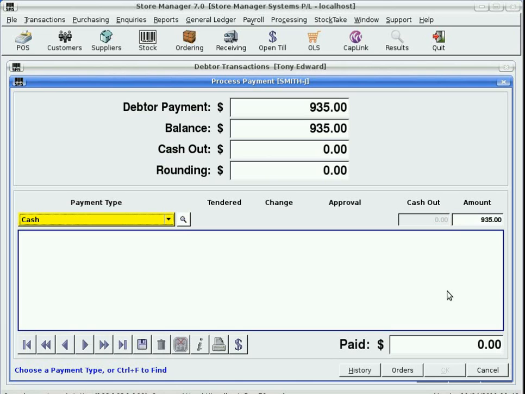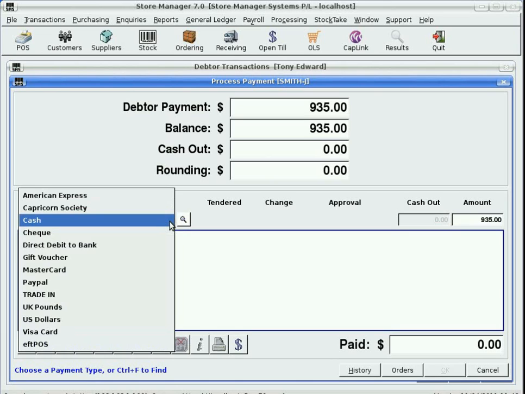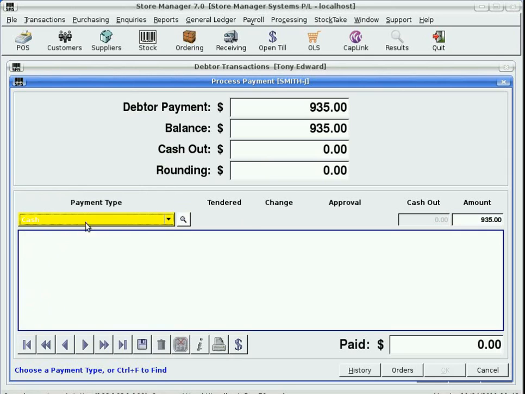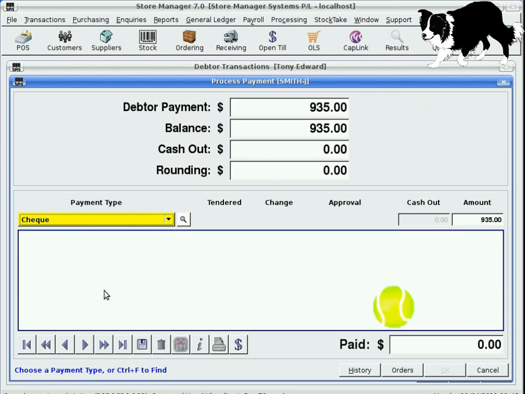Now in this instance, the customer is going to pay by check, so we can pick the drop down here, and there are all these various methods of payment. Or, because it's already got a C there and we know we're going to pay by check, we can just press C again, it'll change it to check. For example, if we were going to pay by Visa, type in a V, or Amex or American Express, type in an A. But the various number of C ones, there are 3 C's in there, so you just keep pressing the C until you get the one you want. Anyway, check is going to be what it is here,